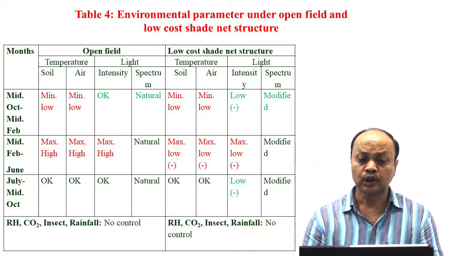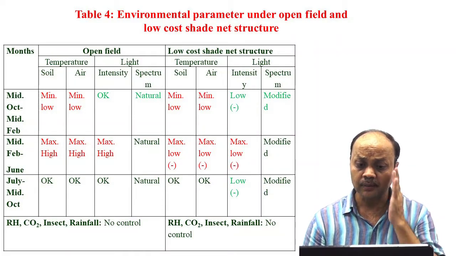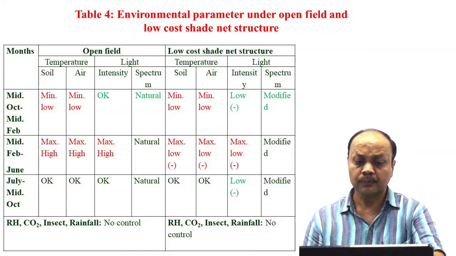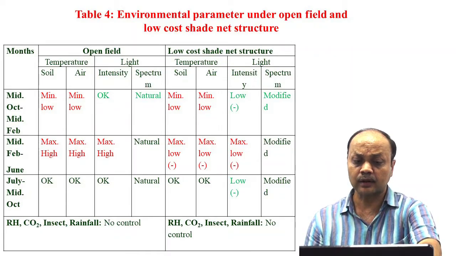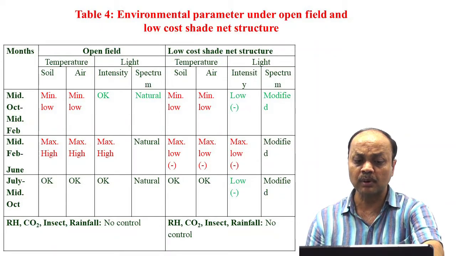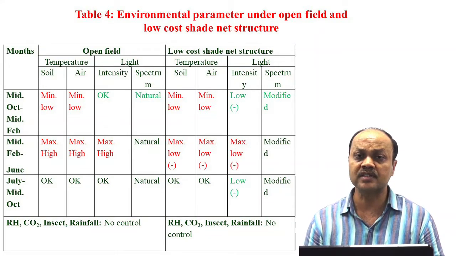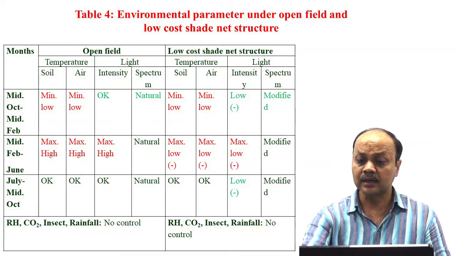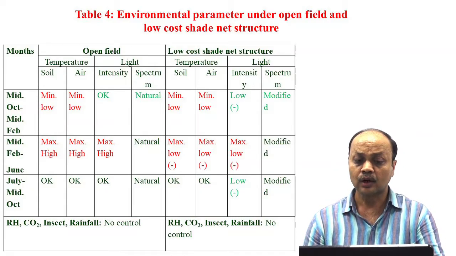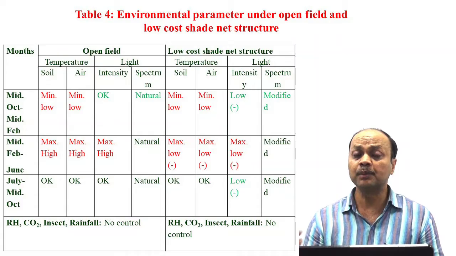You can see that in the open field, as I already told you, during the winter season your minimum temperature is low and air temperature is low, but intensity and spectrum are natural. But here you can see that during the winter season there is no effect, because normally people are thinking that